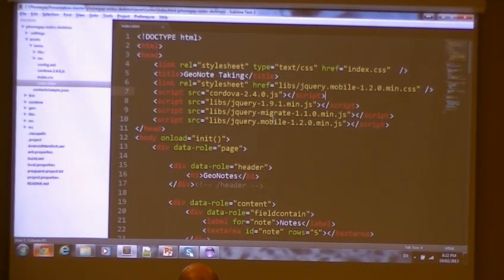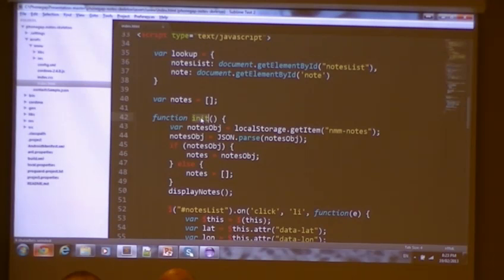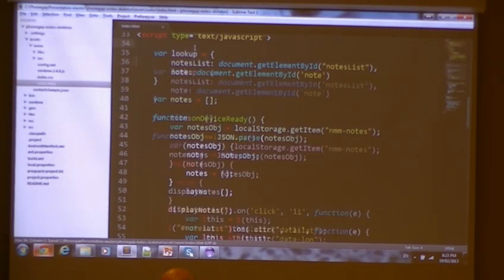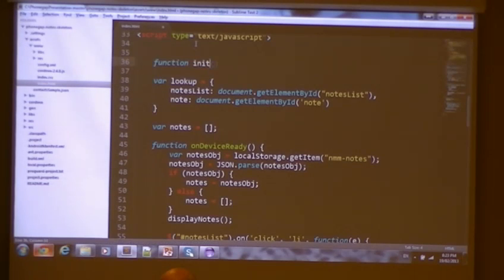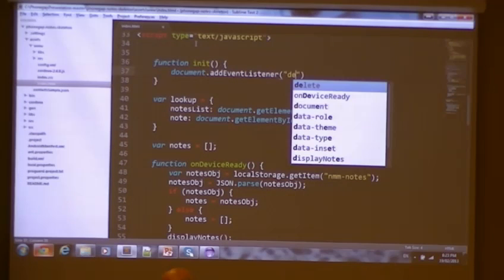If you're familiar with jQuery, there is a document ready script that is available. That's so when your DOM is completely loaded, it will actually execute your code, which is important if you're attaching events and things like that. In PhoneGap, it fires a device ready event. So we don't actually use document ready, we use device ready. So I'm going to change this function name to onDeviceReady, create my init function, and go document.addEventListener deviceready,